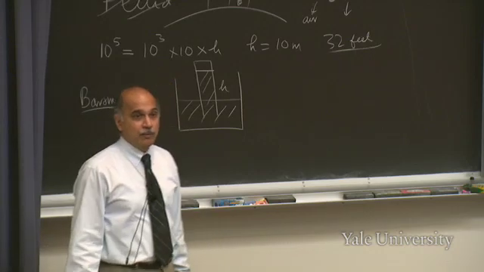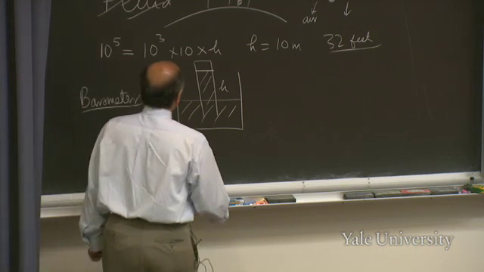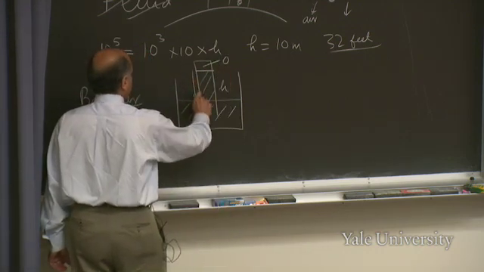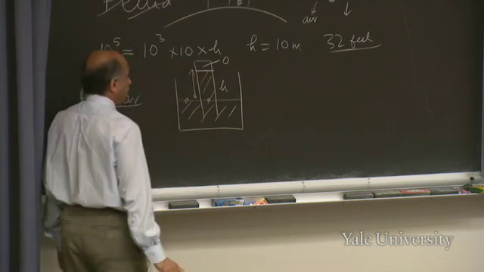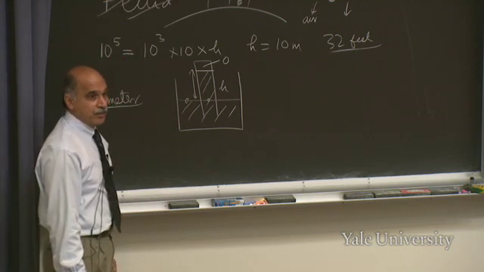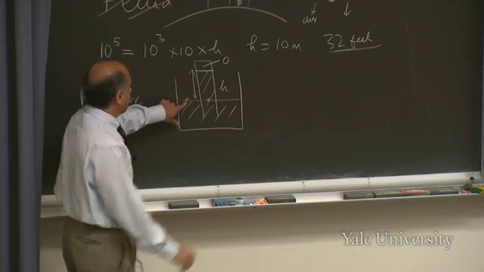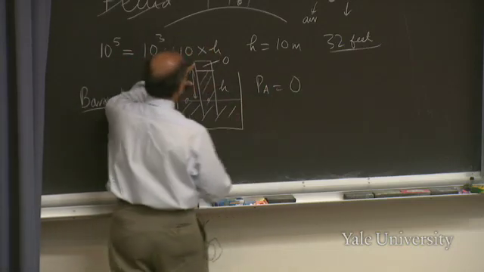And you can ask, how high will it go? What's going to be the height? Well, it will go to a height so that 0 pressure here plus this rho gh, which is the pressure there, will be the same as the pressure here, because they are 2 points at the same height. Pressure here is the atmospheric pressure. So pressure here, atmospheric pressure, is 0 at the top of the tube